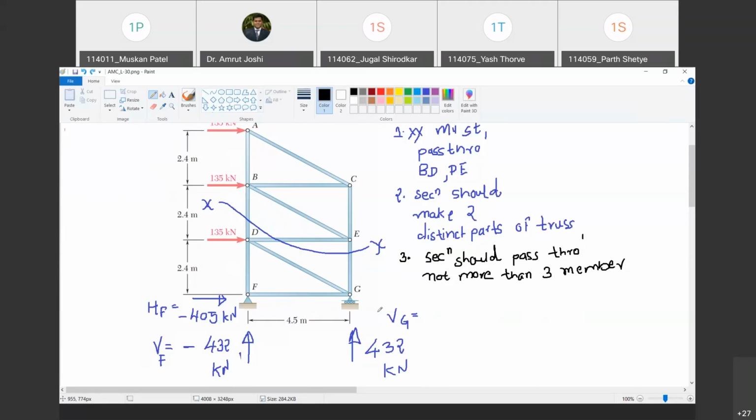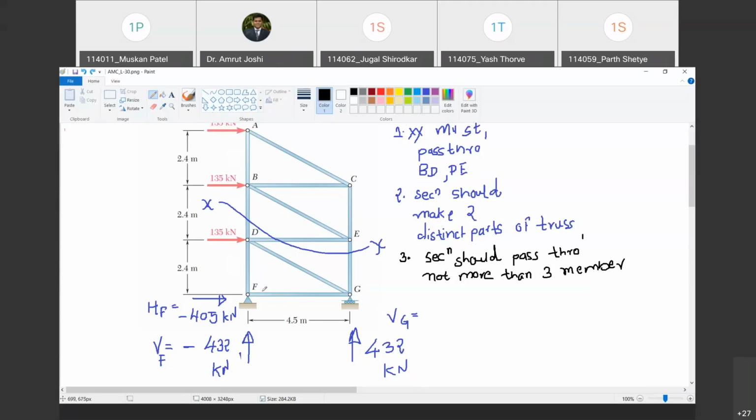So now we are going to draw free body diagrams of either the lower part or the upper part of section XX. Are you with me? Yes, sir. हाँ, तो क्या किसका फ्री बॉडी डायग्राम बनाने वाले? The entire truss above section XX and below section XX, इसका हम फ्री बॉडी डायग्राम बनाने वाले.